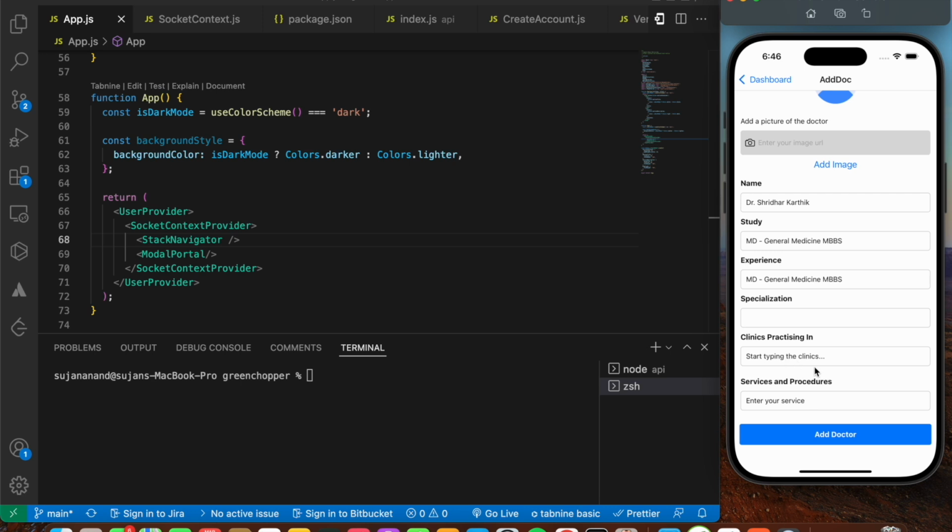clinics practicing in. So let's say once you add a bunch of clinics with the help of the other button, and once you start typing the clinics over here, you would be getting some suggestions in the form of a drop down, and once you press on that, automatically